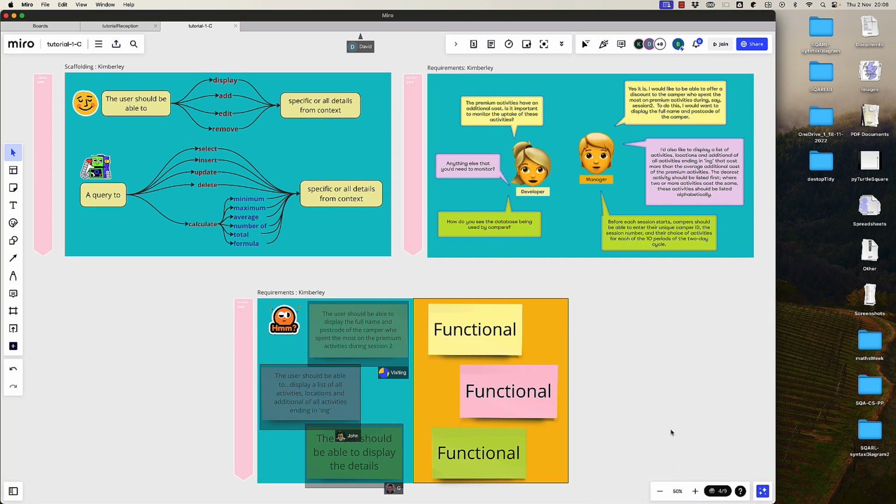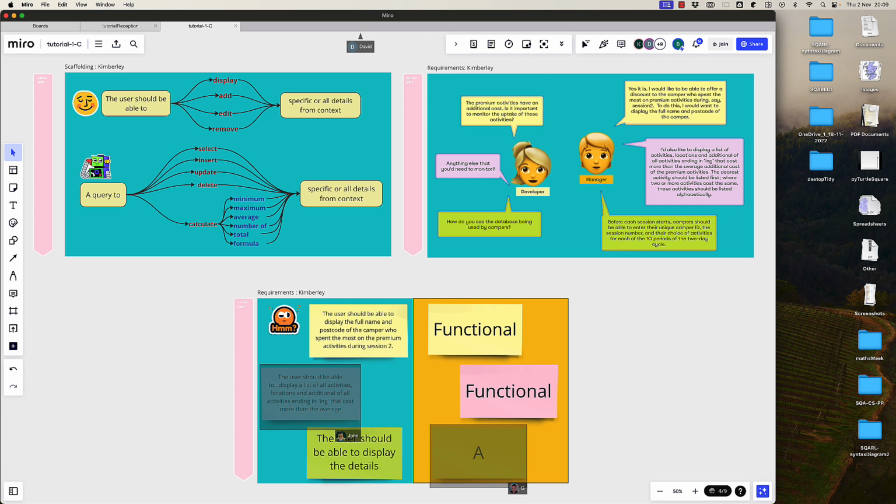Let's have a look at what we've got. So that's a display. I think most of these ones are all the user should be able to display, simply because we took out the insert ones. I think we selected the ones because there was more in the functional than there was in the